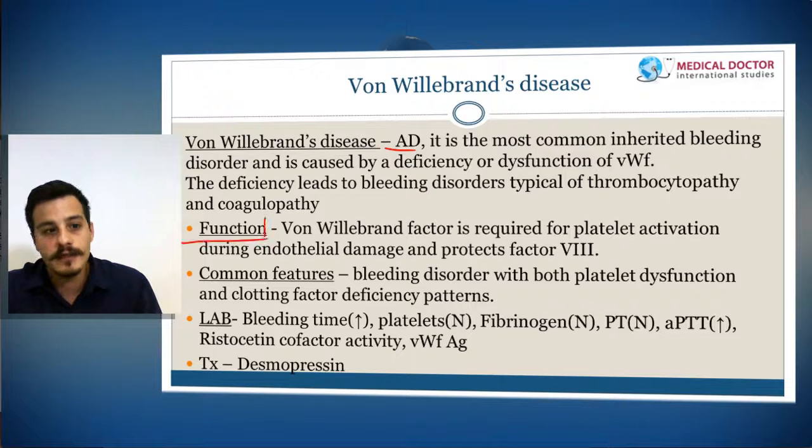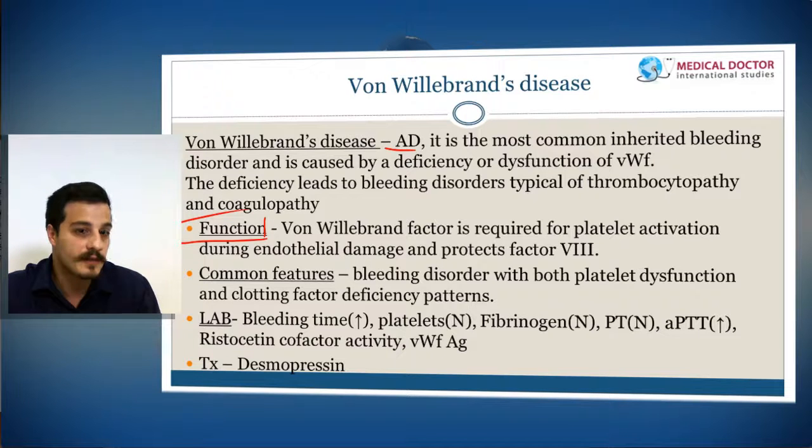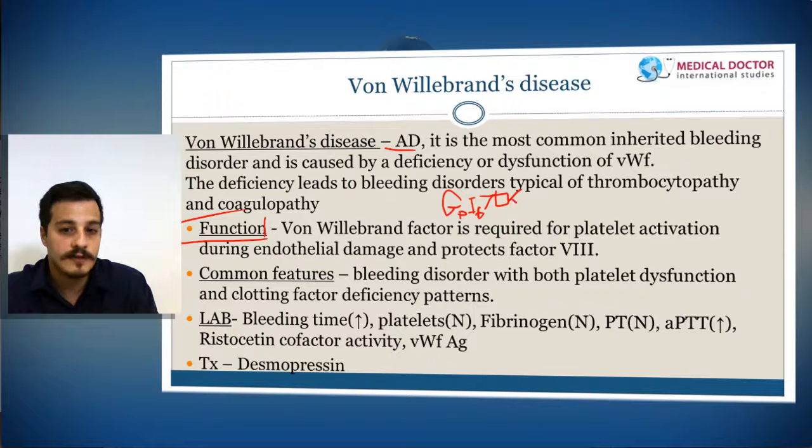Now, the function of von Willebrand's factor is going to reveal why it can affect both of these pathways. Because von Willebrand's factor, if you remember from the platelet lesson, is required for the activation and adhesion of platelets using the receptor GP1B, which interacts with von Willebrand's factor, and von Willebrand's factor is going to interact with exposed collagen in the subendothelial area. Now, another function of von Willebrand's factor is that it protects factor VIII,